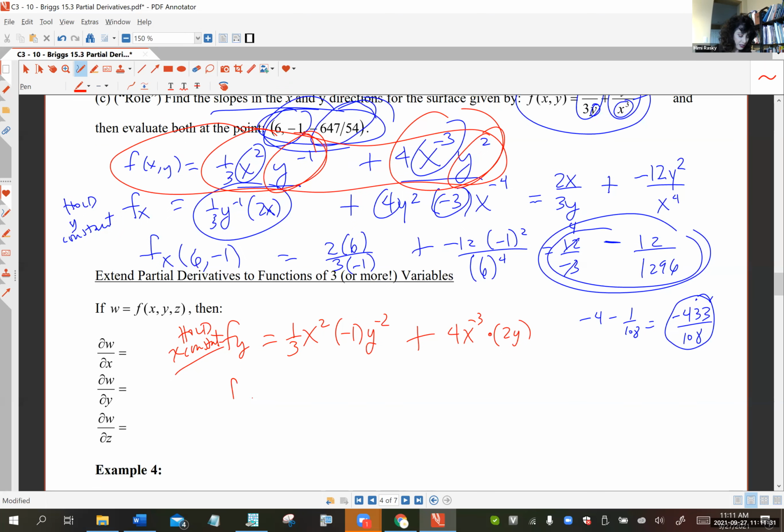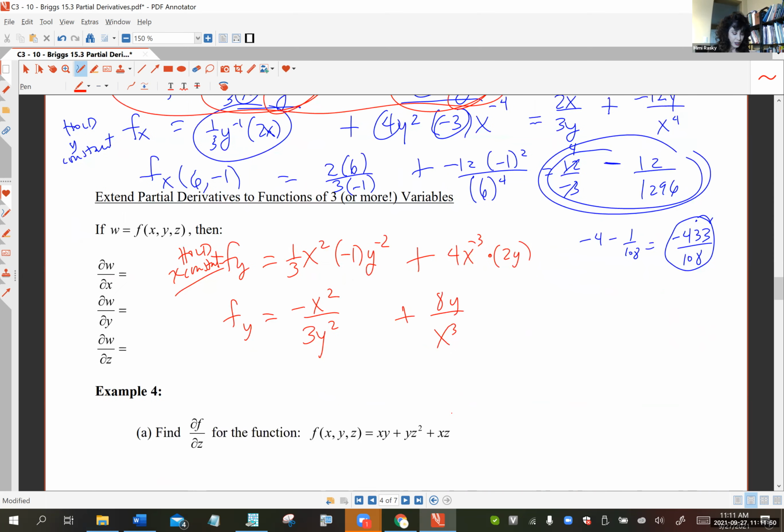And let's rewrite this using positive exponents only just to make it look pretty, and it makes it easier to substitute in the coordinates of the point. So the first term is negative x squared over 3y squared. And the second term looks like 8y divided by x to the positive 3. And there's your fy. And when I evaluate fy with the coordinates 6, negative 1, using substitution here,